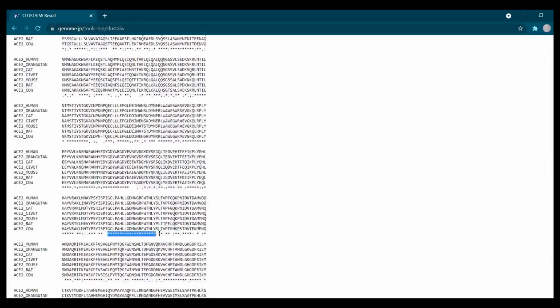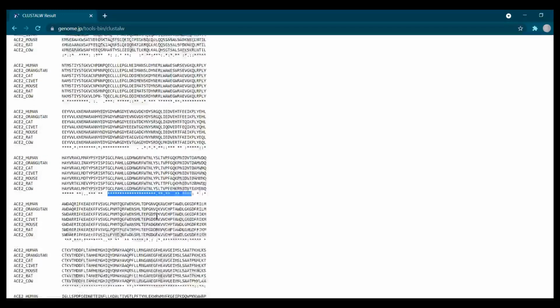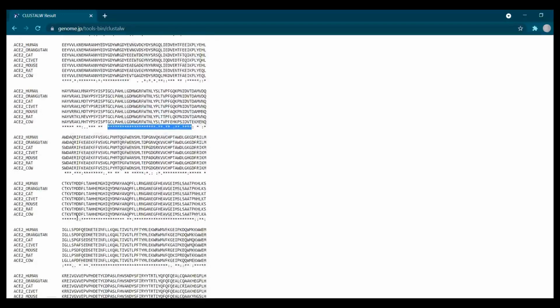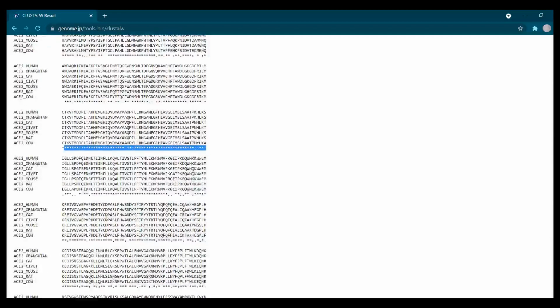Also we can see here stretch of stars over here. So these regions are said to be highly conserved in the proteins. Might be these are functional motif regions, and a very large stretch can be a domain region. These residues might be important for the structure and function of the protein.